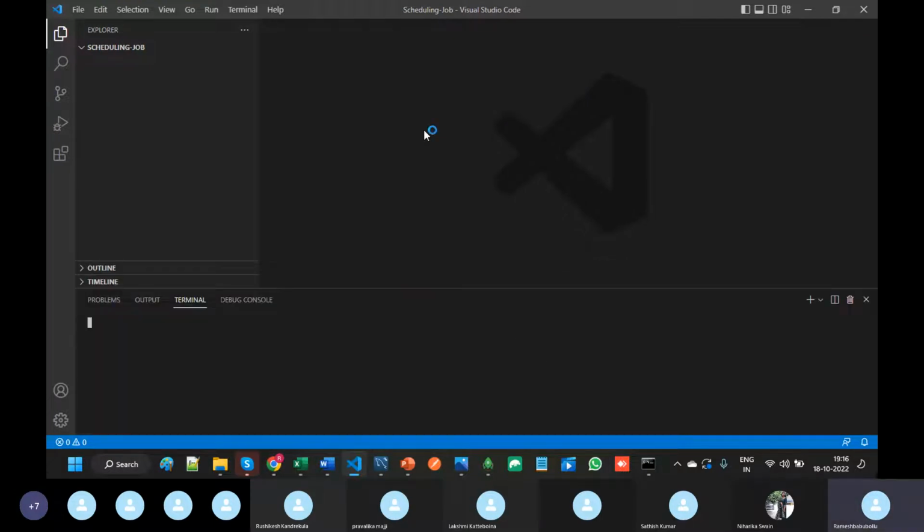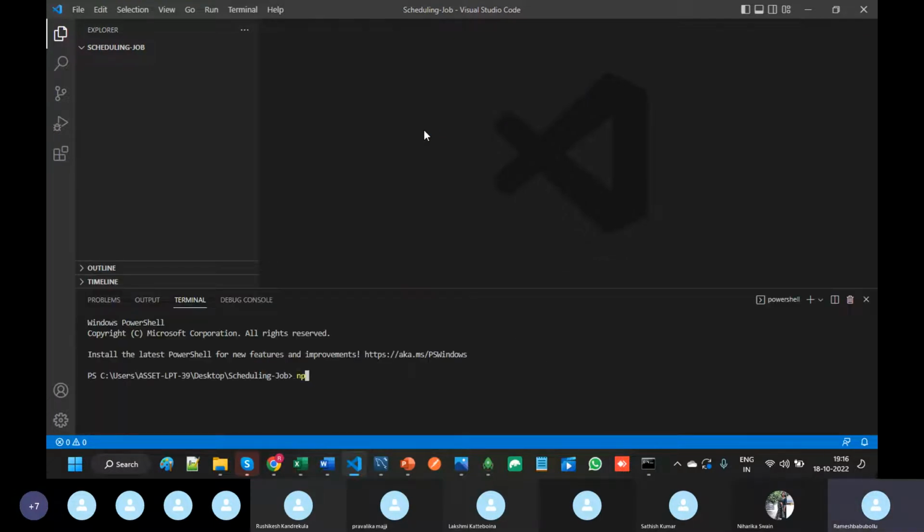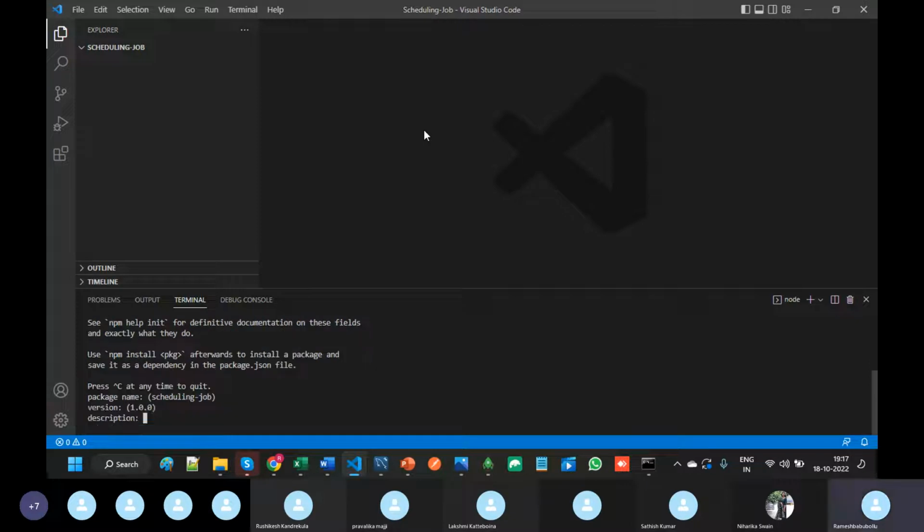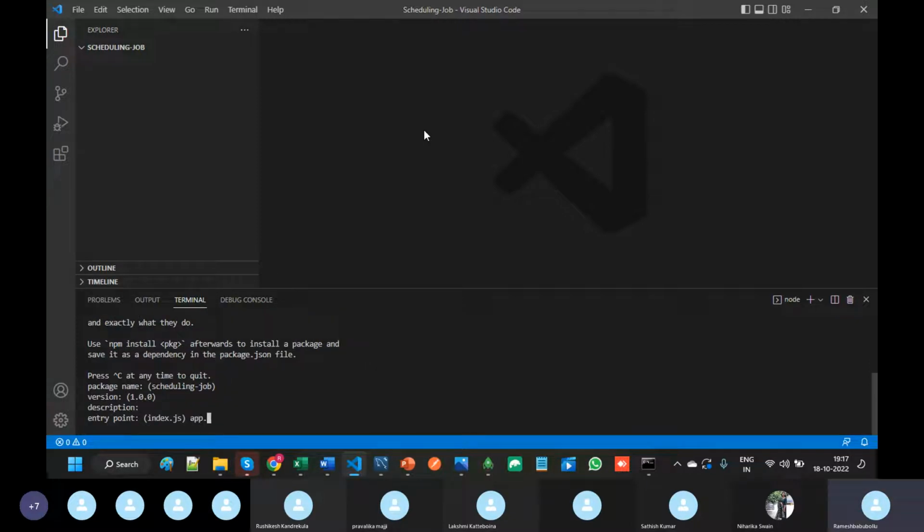Observe carefully. It is just like a revision of creating template. So package name same. Here app.ts